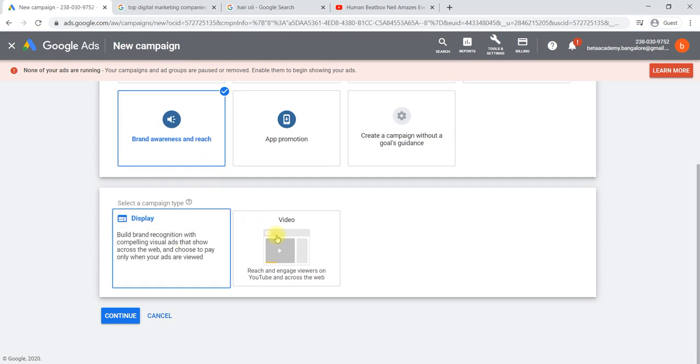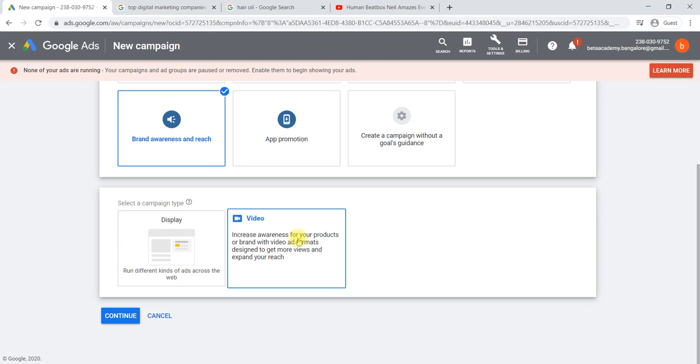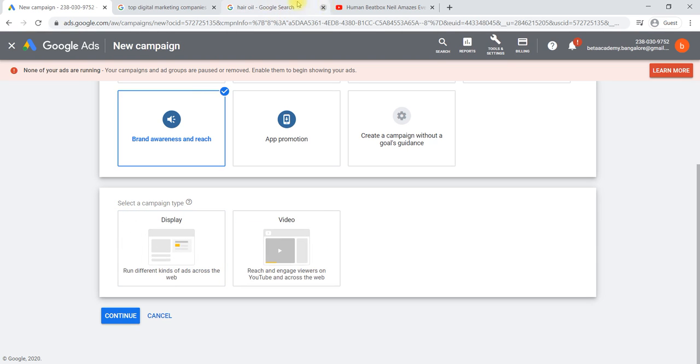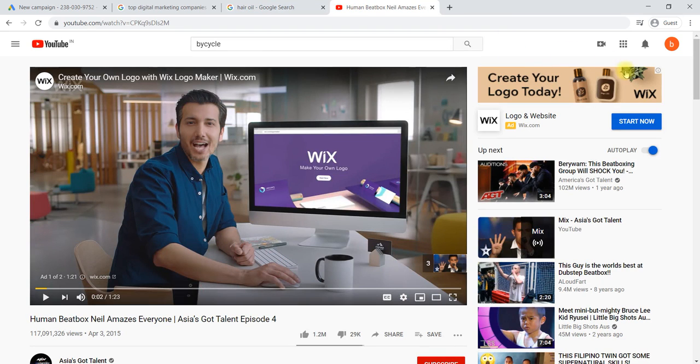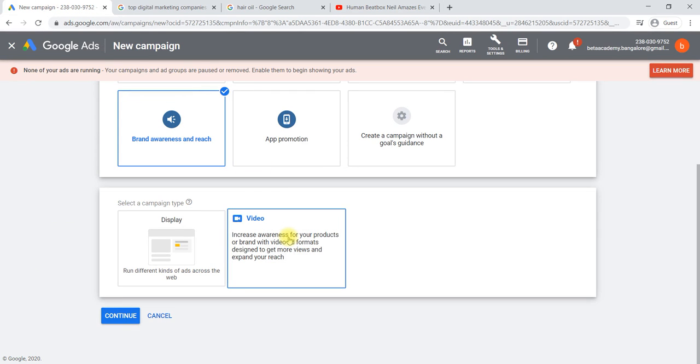Within that campaign you can run two types of campaigns here. One is the display ads, the second one is the video ads. Display ads are nothing but these are the display ads. Here it will be displayed in your search pages, okay, on the side it will be displayed. The video ads are nothing but when you're playing a video, first a video will come, a skippable video, a 5 second video will come, you can skip also. Such video ads if you like to run, you can select a video ad. This one is a video ad, one is the display ad.